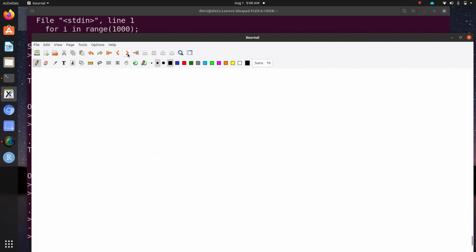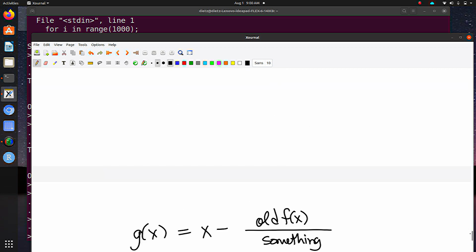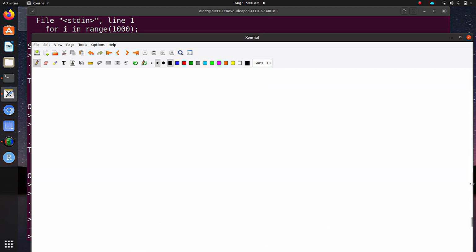We want a g of x equal to x minus, this is your old function over here, divided by something. What is it you want to divide by? And when we divided by 10, it worked, provided what? We wanted to make sure